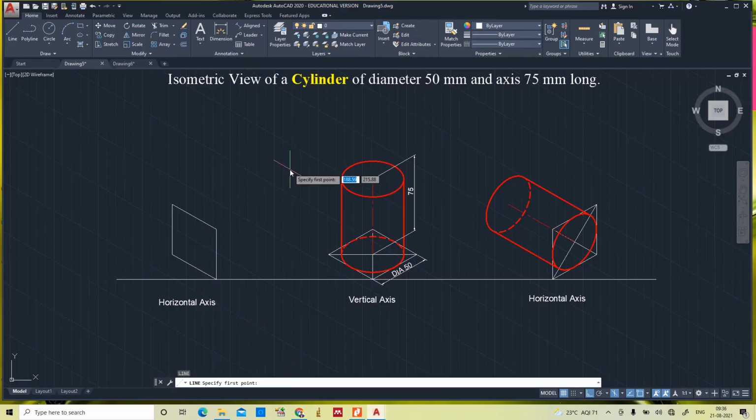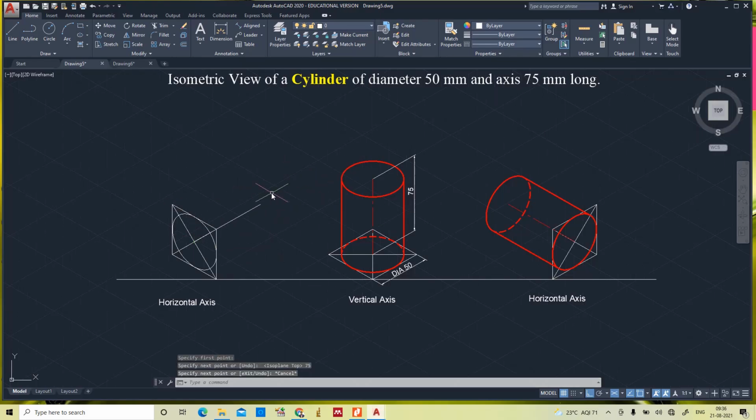We will draw the diagonal points to get the midpoint, yes, ellipse, isocircle, I, enter, 25, yes, draw the axis from this point, function F5, yeah, 75. Now this is the axis.